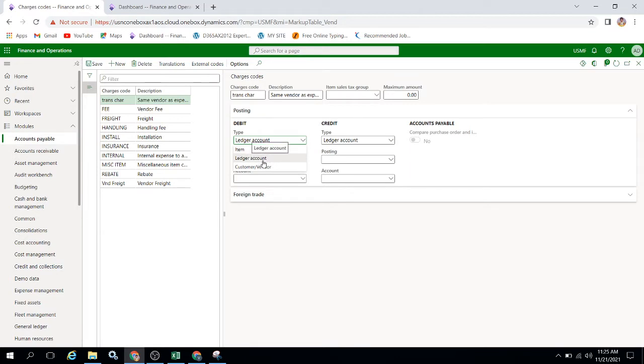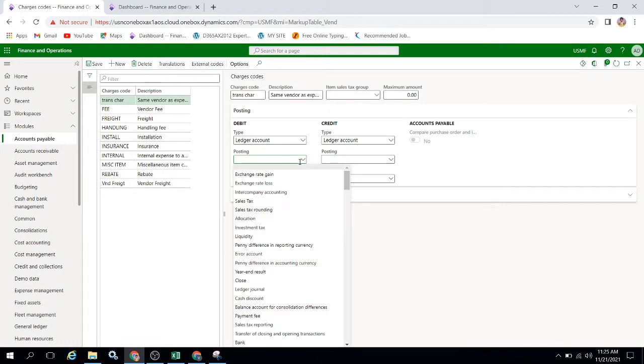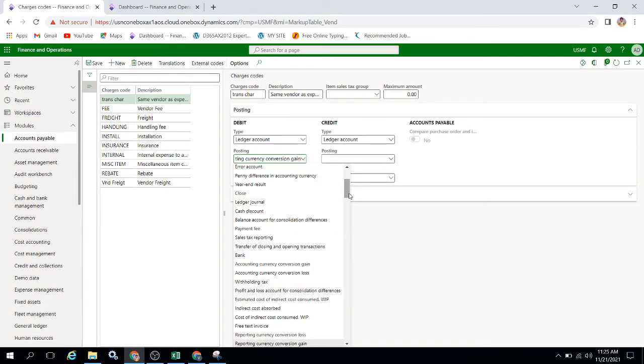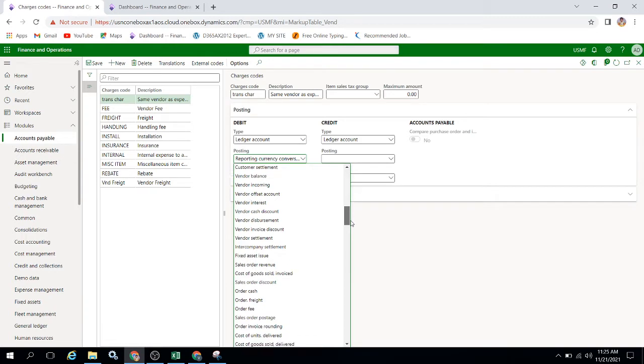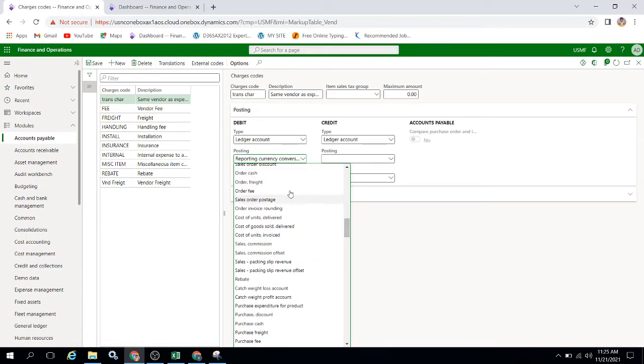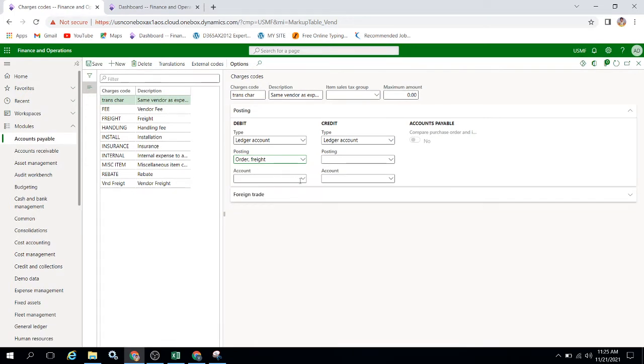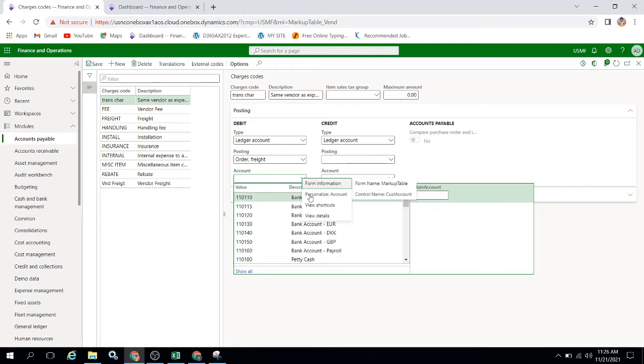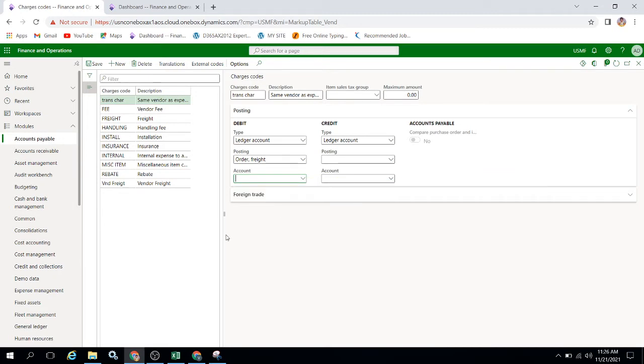Since you are treating it as an expense, take it as a ledger account and search for freight, posting type, order freight. Let me take a new account.